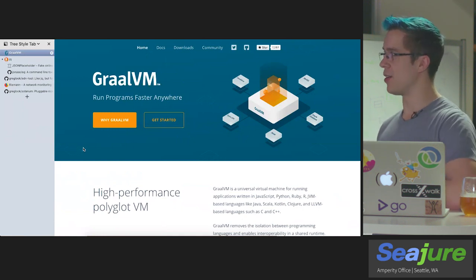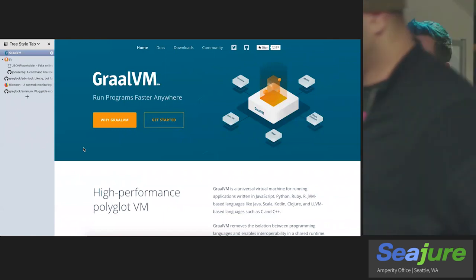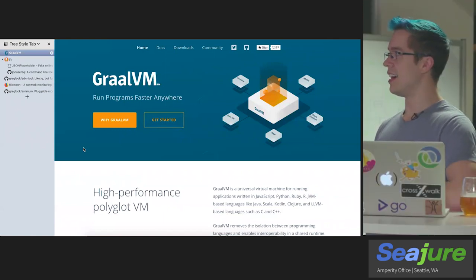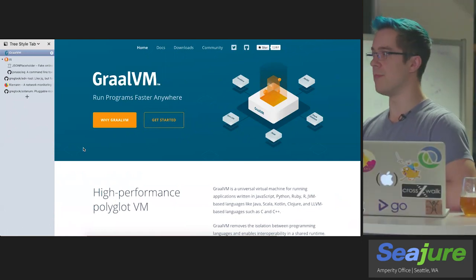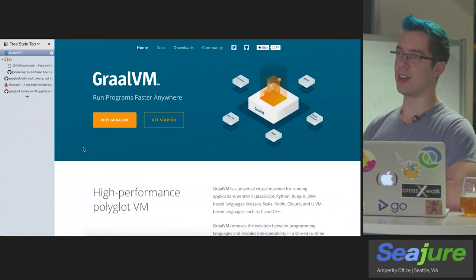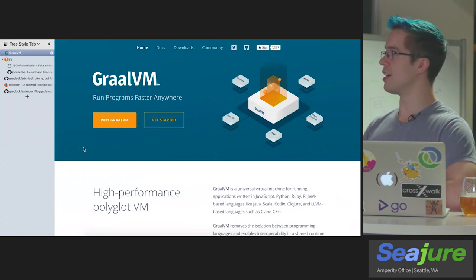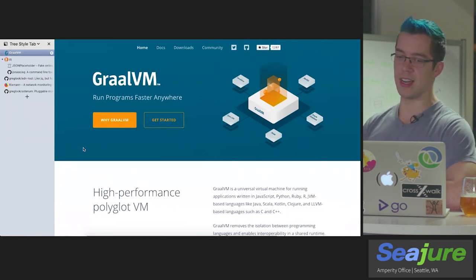But let's start with talking about what Graal is, and there's two major aspects of it. The project itself is built on the concept of a substrate VM, and running Clojure, we're familiar with the concept of a virtual machine because all Clojure code gets compiled down to JVM bytecode and run on the Java virtual machine. The goal of Graal is to provide a lower level substrate VM that is applicable to more than just the Java runtime, but can actually have multiple other languages mapped to it.